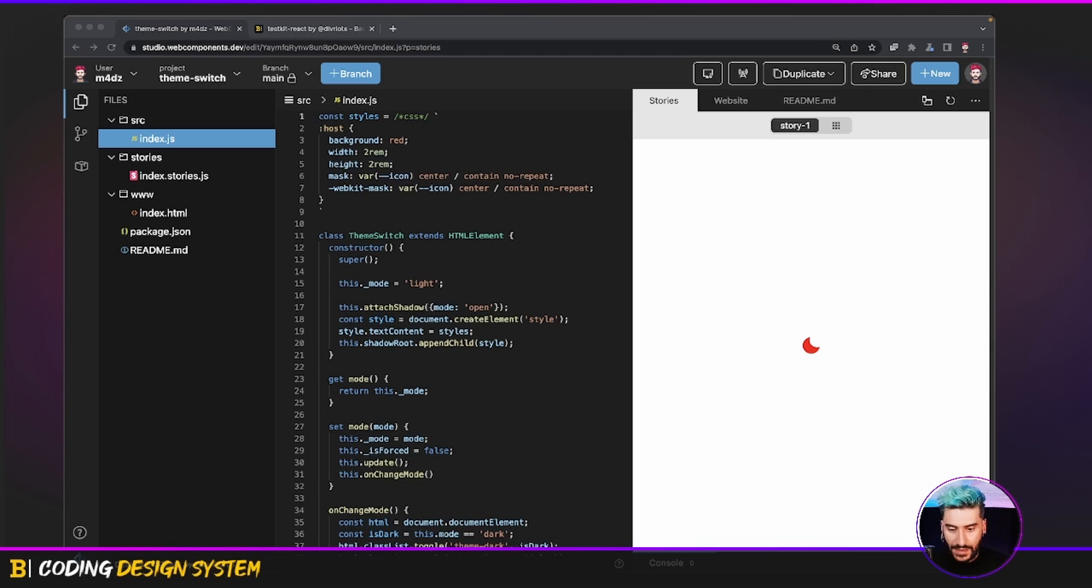Here's my main idea for this one. A few weeks ago, I designed a theme switcher in the Web Component Studio. I had to publish it on the new